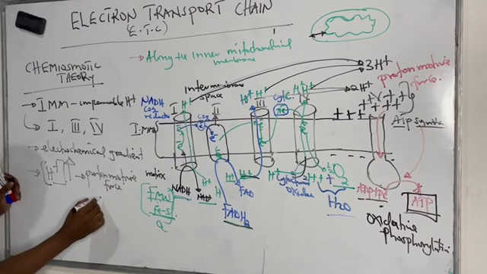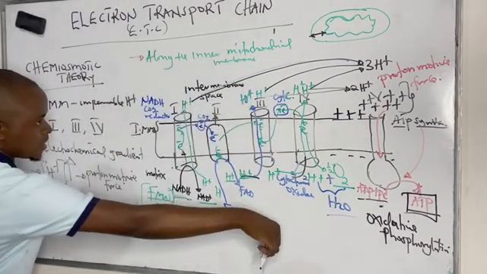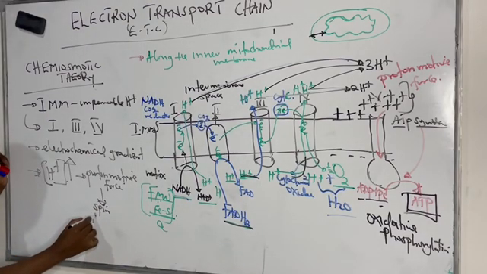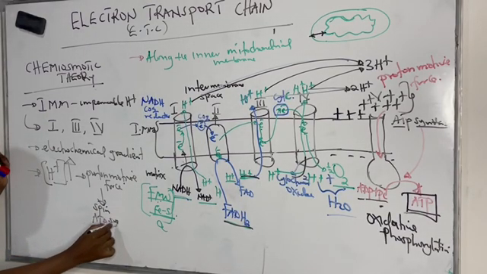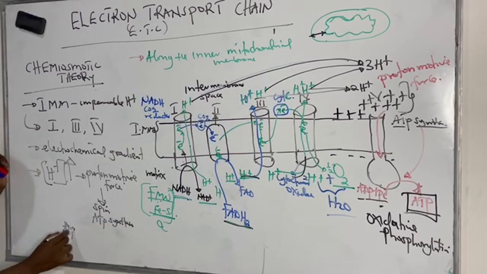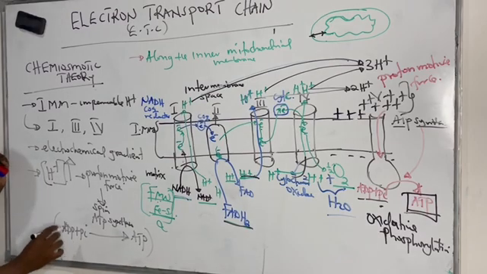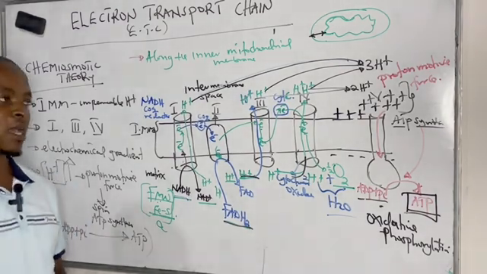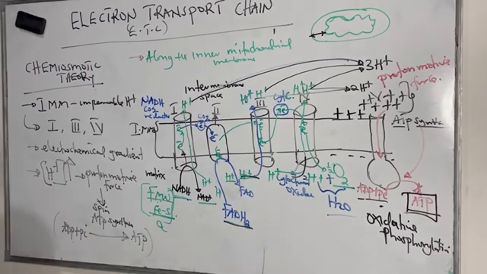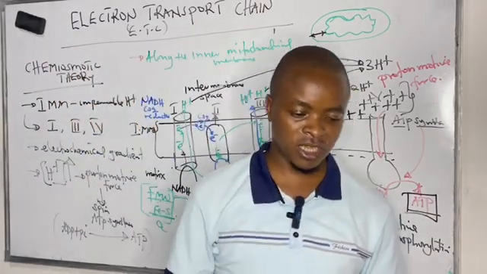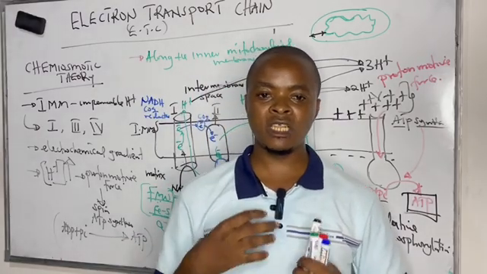And this proton motive force, as the protons are coming back to equalize the charge, spins the ATP synthase at a high speed, leading to the combination of ADP plus inorganic phosphate forming ATP. And this is the description of oxidative phosphorylation by chemiosmotic theory. So after knowing how the electron transport chain forms ATP and water, we now need to know what